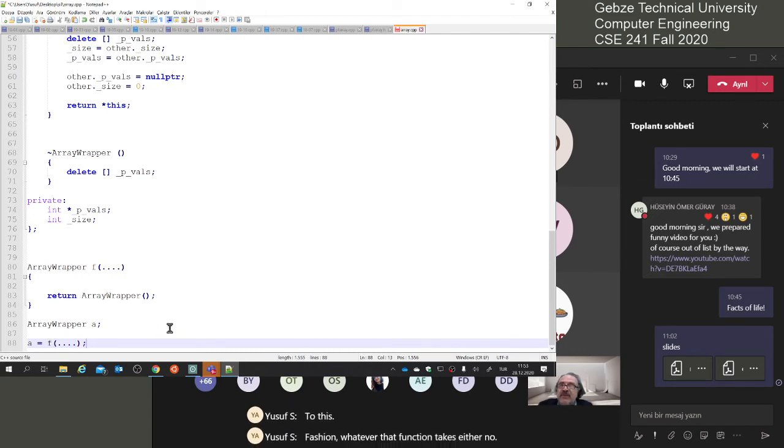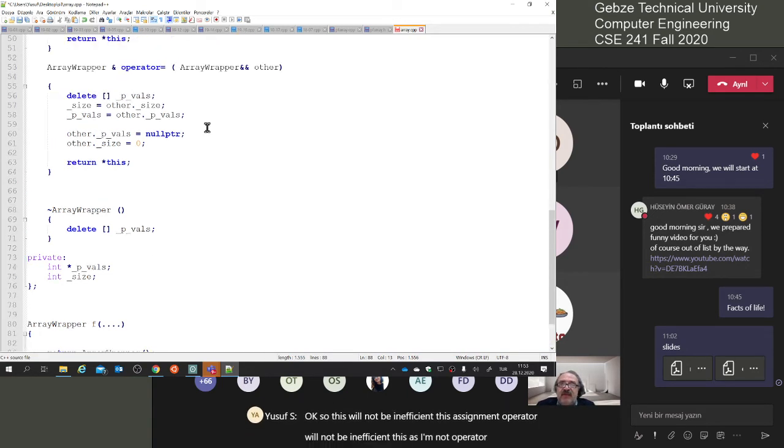So this will not be inefficient. This assignment operator will not be inefficient. This assignment operator will use, we'll call this move assignment, and that move assignment doesn't have any loops in